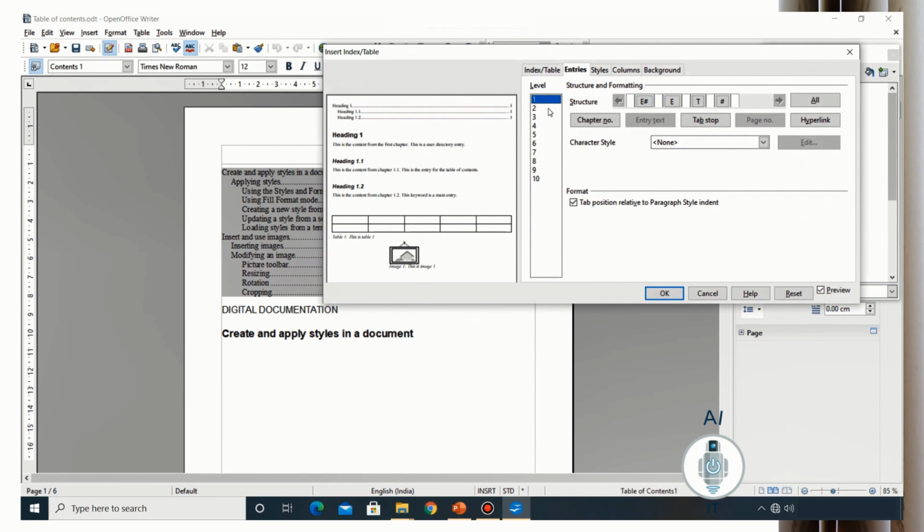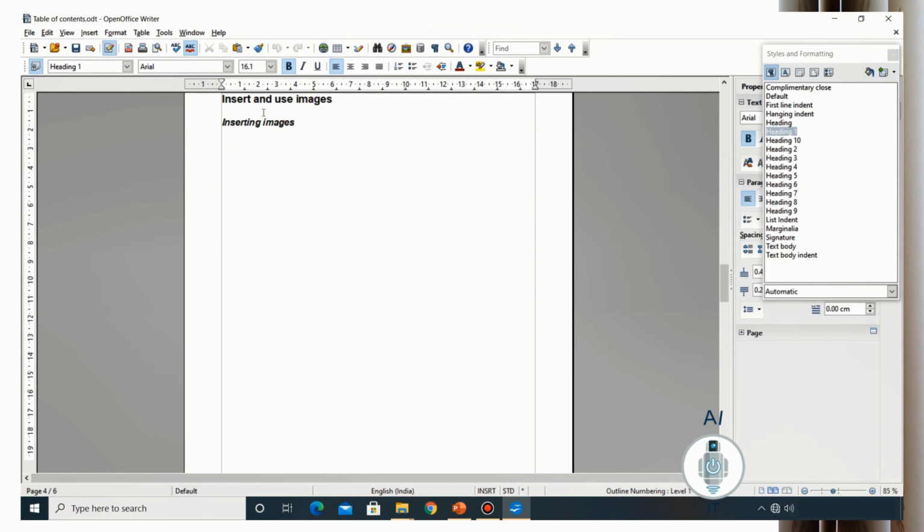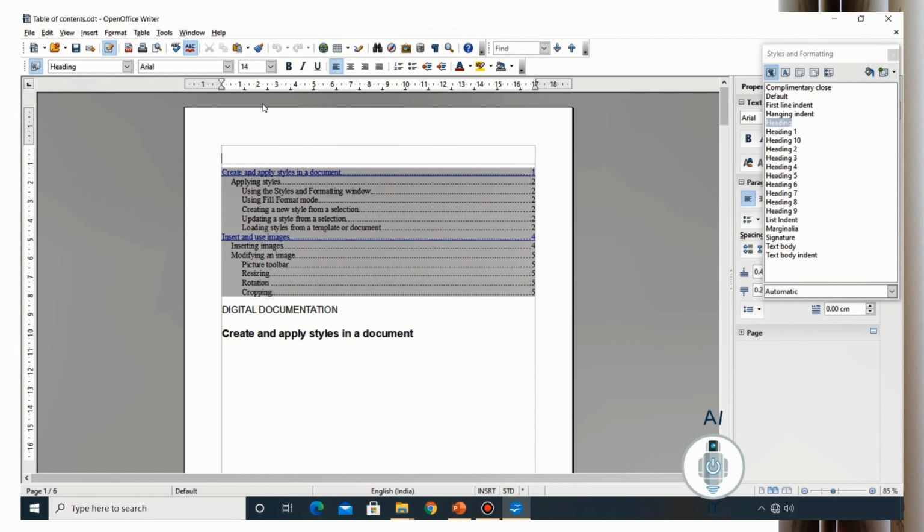Now let us see how to create a hyperlink. So I am going to take level 1. Click on hyperlink in the beginning before E#. Now I am going to click after the hash page number and click hyperlink. So I will have the hyperlink across the entire line. Now you can see that it is displayed. Now if I hold Ctrl and click on one of the links, it takes me to that particular page. So this is how our hyperlink works.